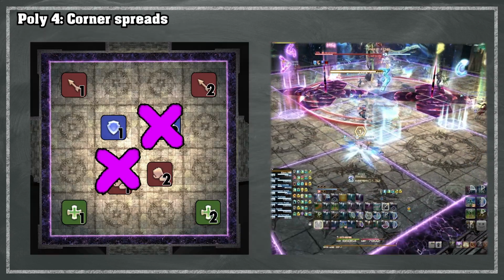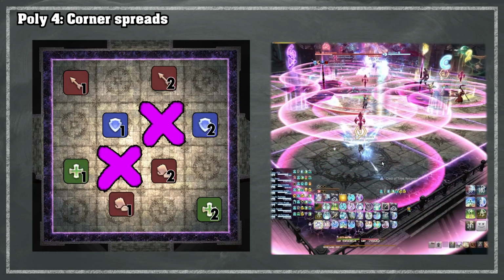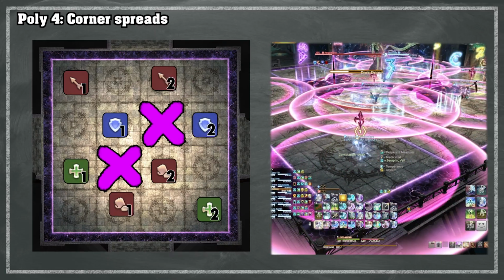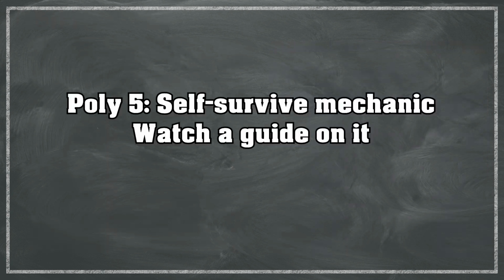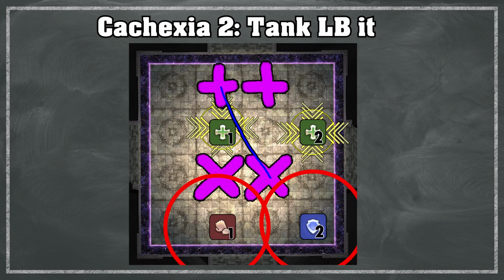Poly 4, go to your corner. If your normal spot is unsafe, you have time to adjust with your corner partner, but usually supports will take the left safe square relative to the boss. Poly 5 is self-explanatory. P8S 2, there's not really much to say about this strat, especially because tank LB3s this,